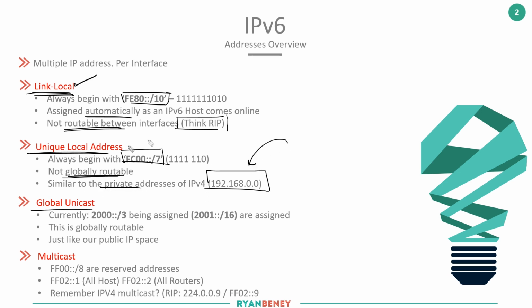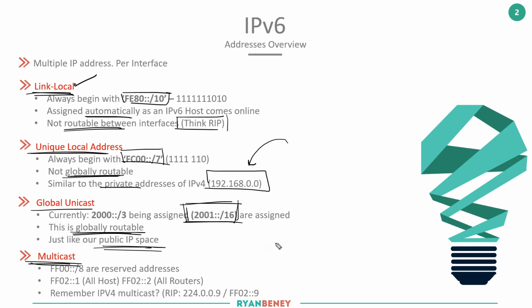Global unicast is the opposite. It's our public IP space. It is globally routable, and currently inside that 2000::/3, we're giving out 2001::/16. And then our multicast, this is used for the control plane primarily, at least at the